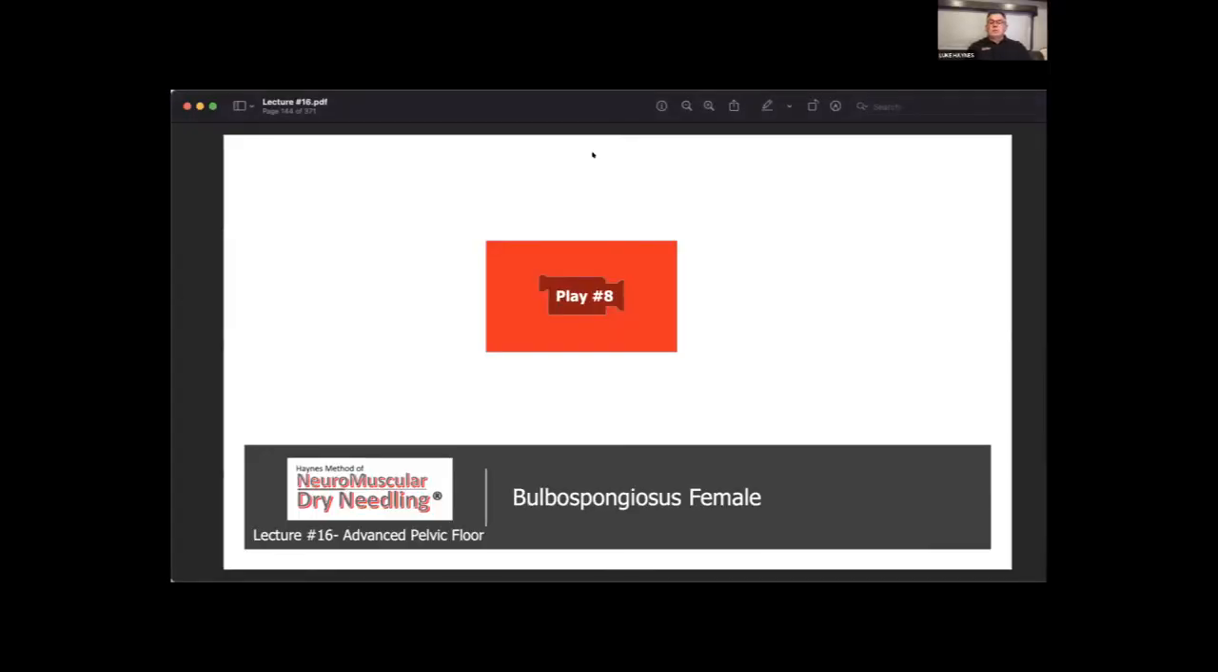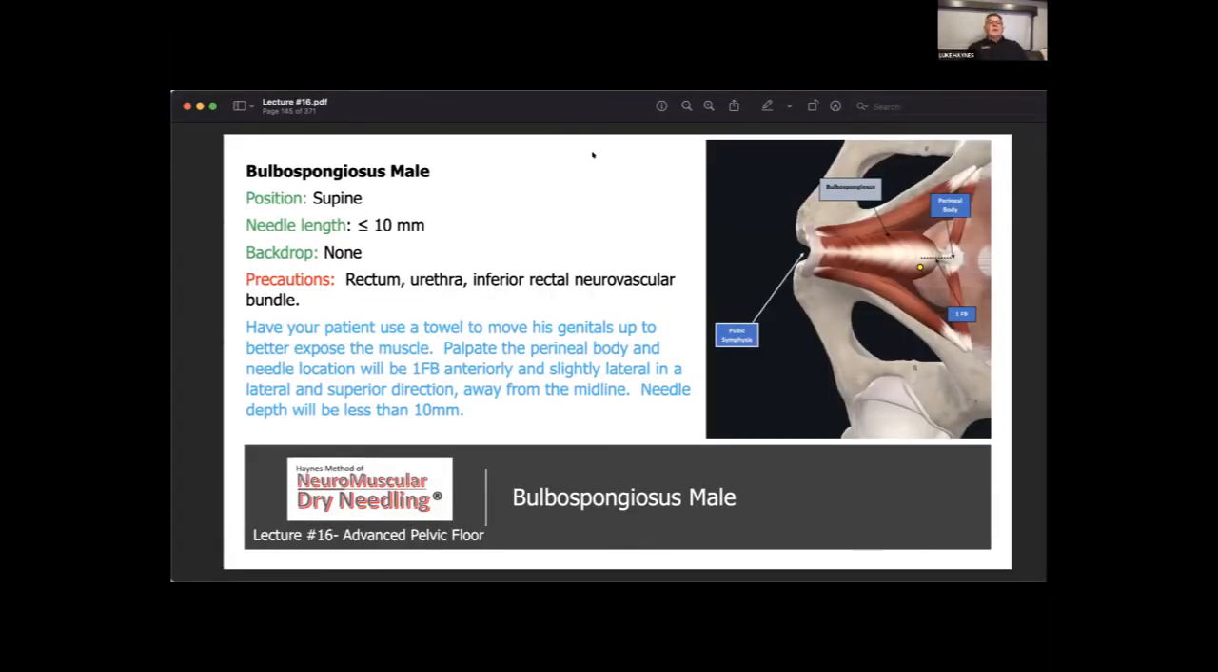For the male, here again, supine position, needle length here is less than 1 centimeter. We do not need much depth here. We're going to have our patient use a towel. We're going to have him move his genitals up and out of the way to better expose that muscle. We're going to palpate the perineal body, and needle location will be 1 finger breadth anteriorly and slightly lateral,